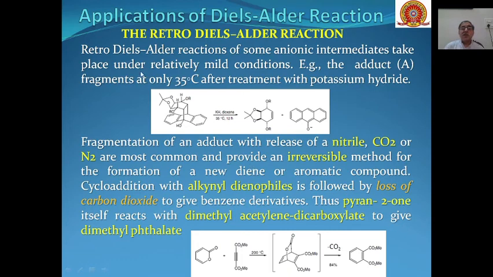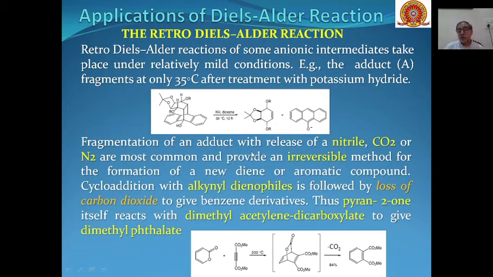Then another example of retro-Diels-Alder reaction is with some anionic intermediates. They take place under relatively mild conditions. This adduct fragments only at 35 degrees centigrade in the presence of potassium hydride as a base, and this part will be modified, and from here the anthracene anion is eliminated to give us two products which are formed through a retro-Diels-Alder reaction. Similarly, fragmentation of an adduct